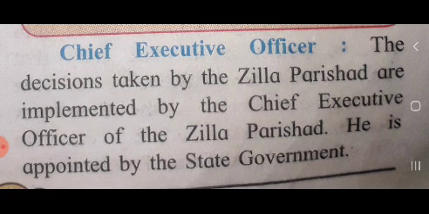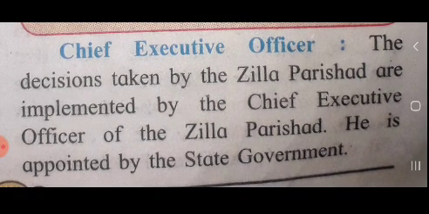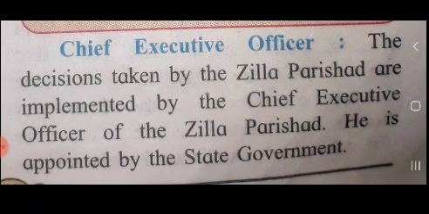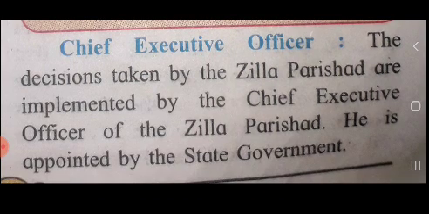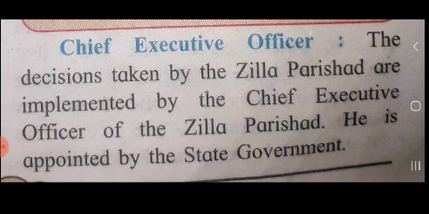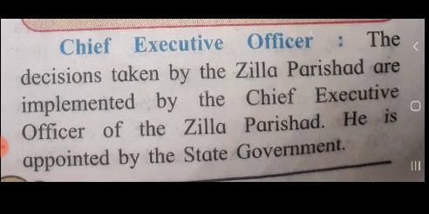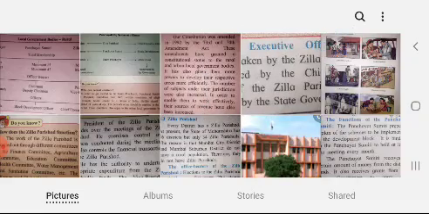What work does the Chief Executive Officer do? The short form is CEO, Chief Executive Officer. The decisions taken by the Zilla Parishad are implemented by the Chief Executive Officer. The decisions taken by the ZP are put in front of the Chief Executive Officer of the ZP. He is appointed by the state government. The Chief Executive Officer is appointed by the state government. My dear children,